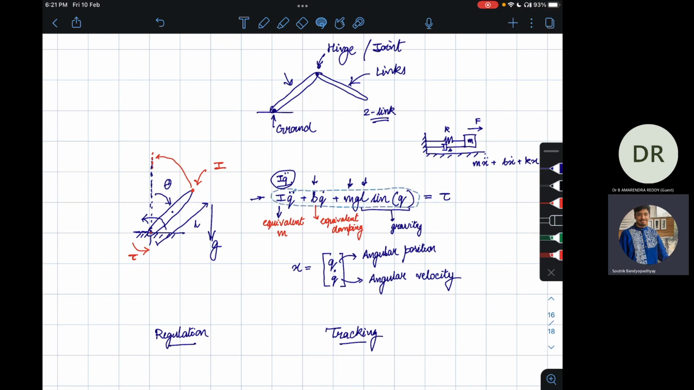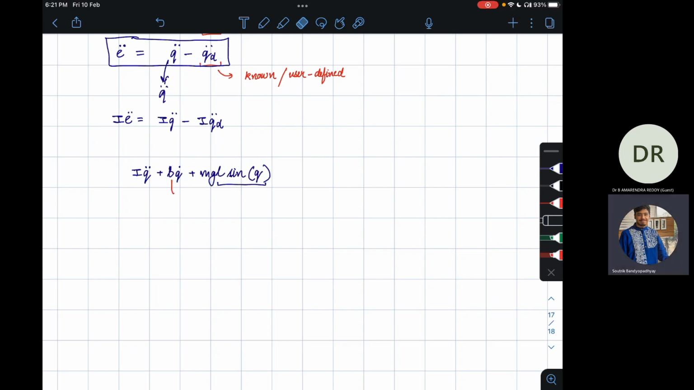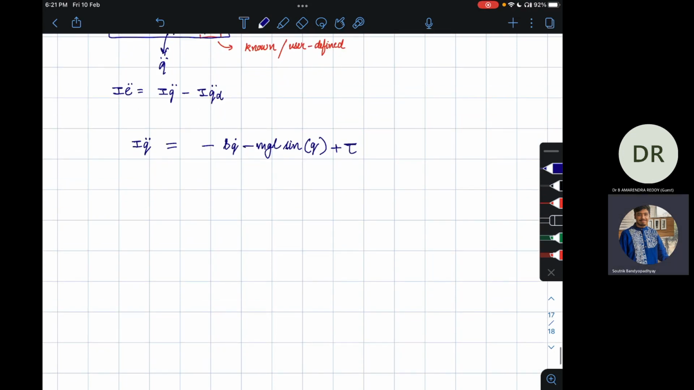We take this entire, so this essentially becomes minus bq dot minus mgl sin q plus tau. Okay. Now we can write this error dynamics as I E double dot is equal to